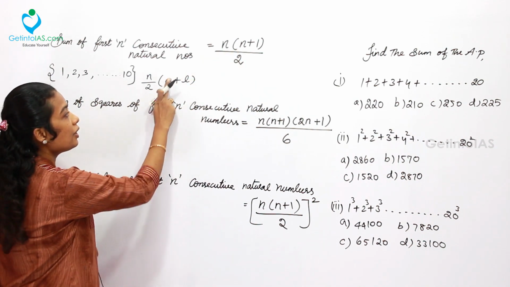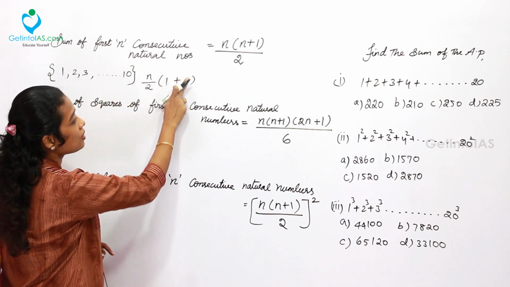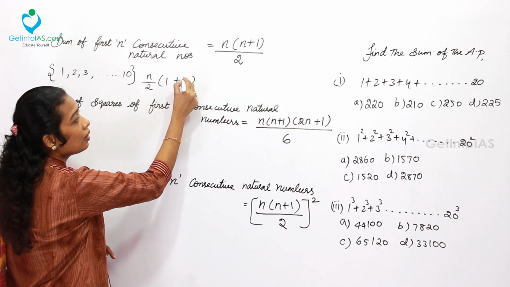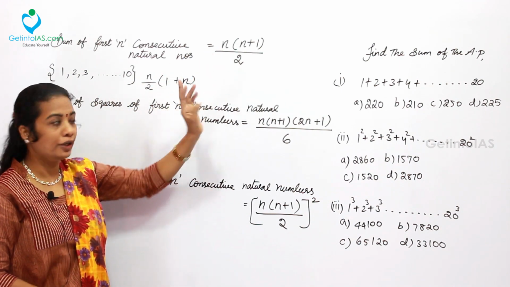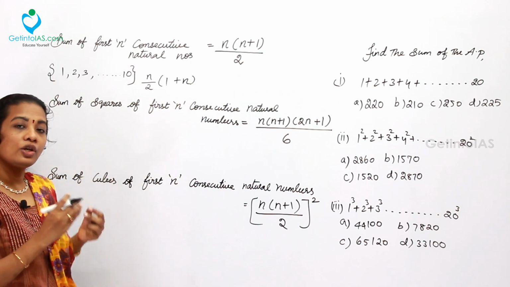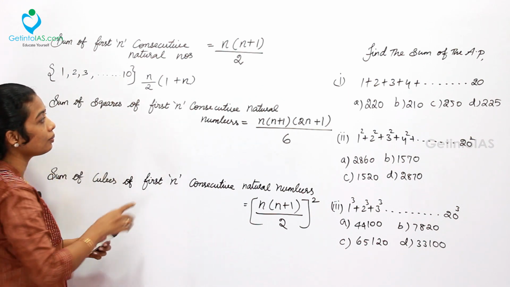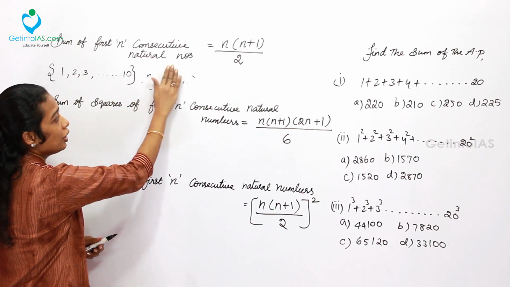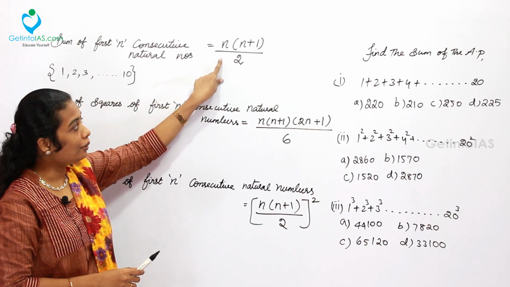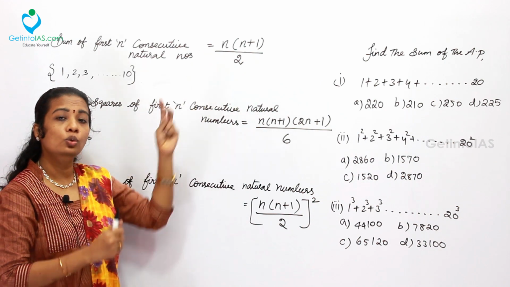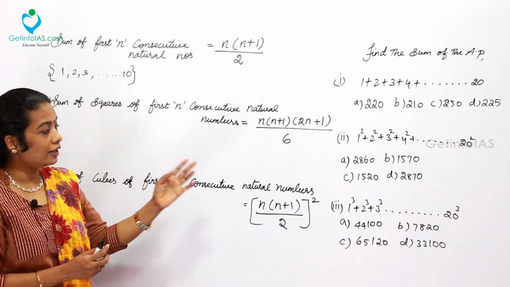So simply a became 1, so 1 here. L became n, L and n are the same. So we have taken here n. So we have rewritten the formula as n into (n plus 1) by 2. So hereafter, whenever you come across a question of the type first consecutive natural numbers, you can just forget the previous formula, you can simply use this. Why? Because n into (n plus 1) by 2 calculation will become very easy. Let's see how with the help of the right side questions.